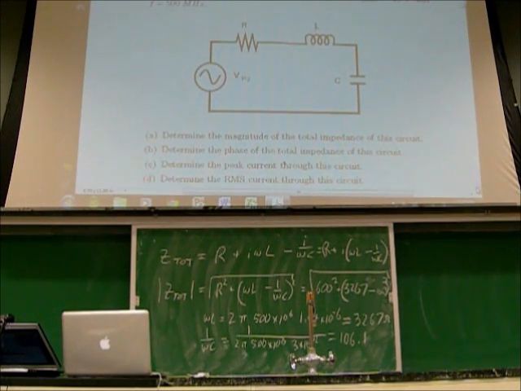Tell me about this circuit. Are we above resonant frequency or below resonant frequency? And how do you know? We're above because the omega L wins over the 1 over omega C. The omega L is 3,000 ohms. The 1 over omega C is only 100 ohms. And so as a result, at the present time, we are at a frequency which is way higher than the